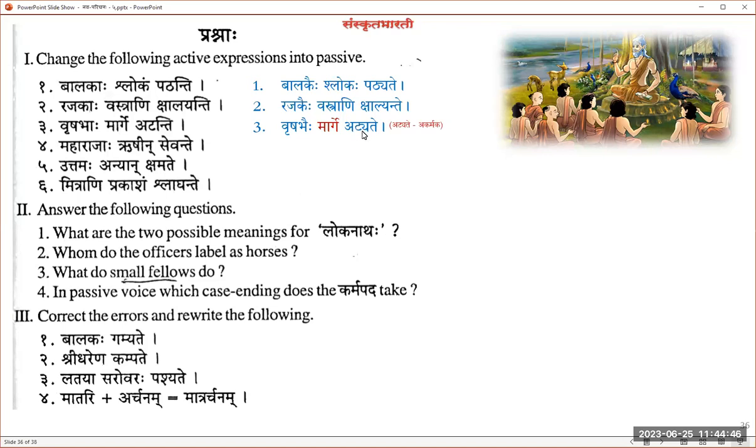That is, an akarmaka karmani is called bhave prayoga. So it assumes an ekavachana napumsakalinga karmapada mentally, though there is nothing. But marge remains marge because it is adhikarana saptami. Marge vrishabhaihi atyate. If I say it that way, you will appreciate it, na? Marge vrishabhaihi atyate. In the street, by the bulls, the roaming occurs.